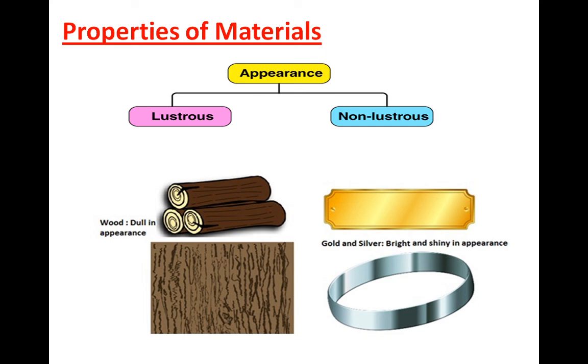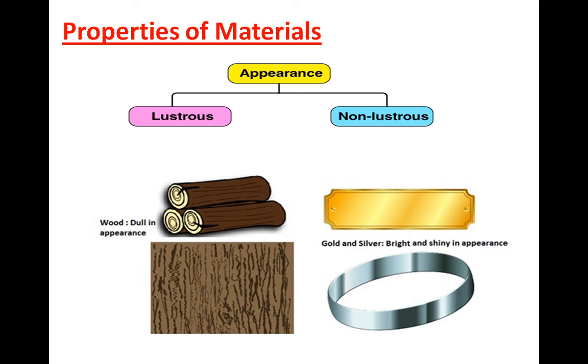Rocks such as marble or granite have luster when they are polished. Polish means what? You know, na? The polishing. Yes. When we polish marble, like the Taj Mahal and all, it is very shiny. And some minerals have shine and luster and are used for making ornaments. Ornaments means your jewelry. Gold and silver we use to make jewelry, but we cannot use wood to make jewelry. Understood the appearance, the first property of your material?